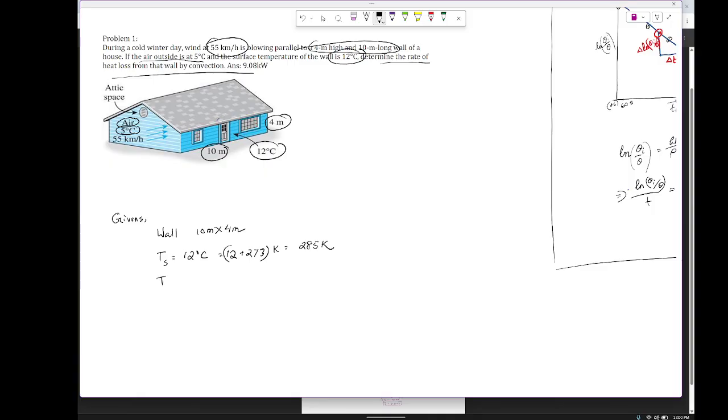Why did I say TS? Because they didn't say TS, so TS is this, the surface temperature. I don't want to write that. T infinity, what is T infinity? The air temperature, right? So I'm putting it over there. They gave this as 5 degrees Celsius, which is 5 plus 273, which would be 278